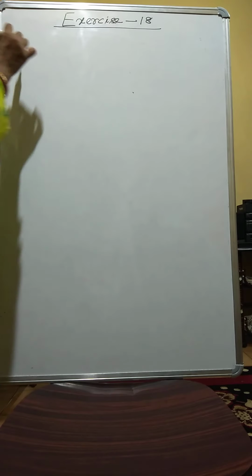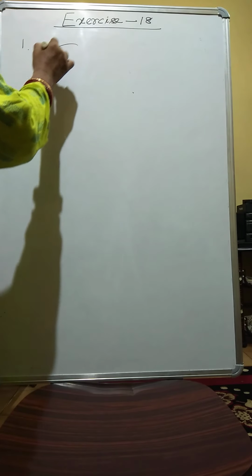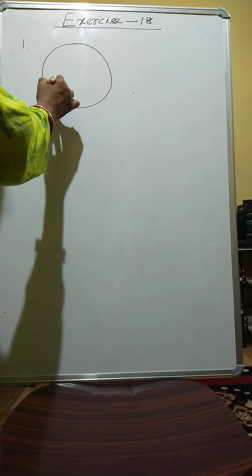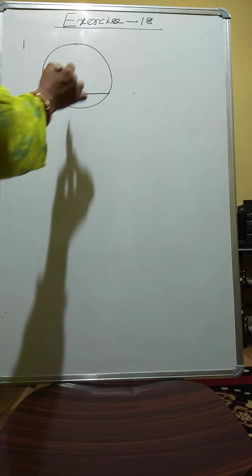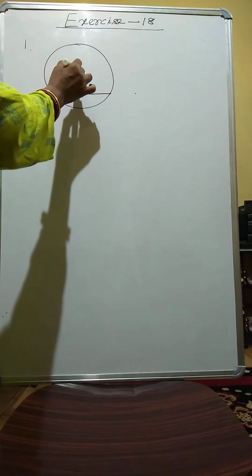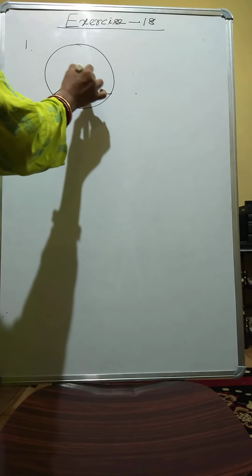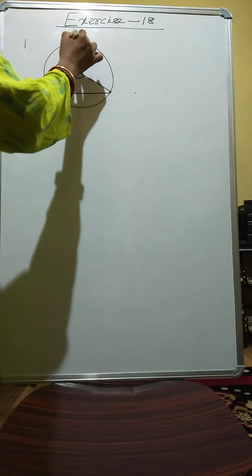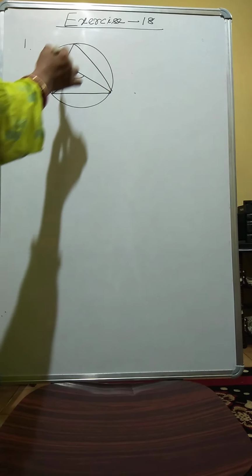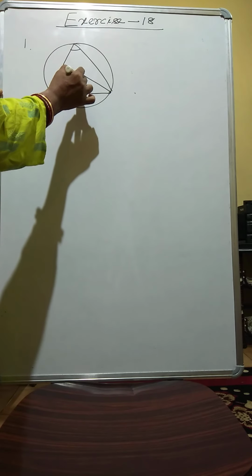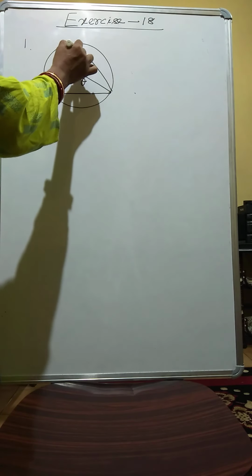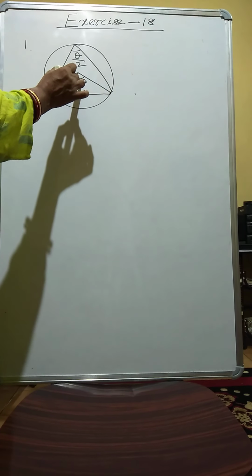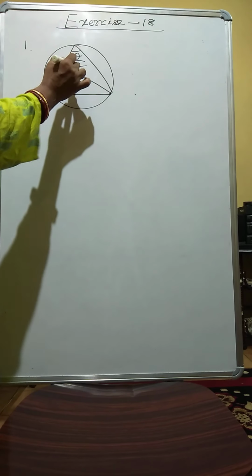First property. This is a circle. This is a chord. This is a center. This is known as center angle. This is known as circumference angle. Suppose this angle is theta. It should be theta by 2. Or this angle is 25, what is this angle? 50. Why? I'll write